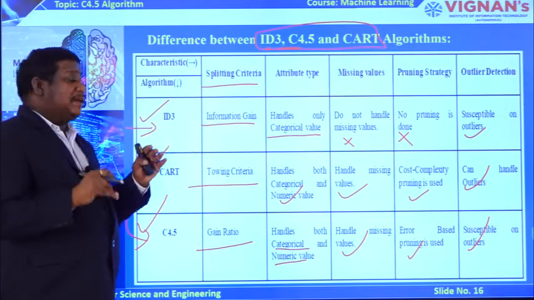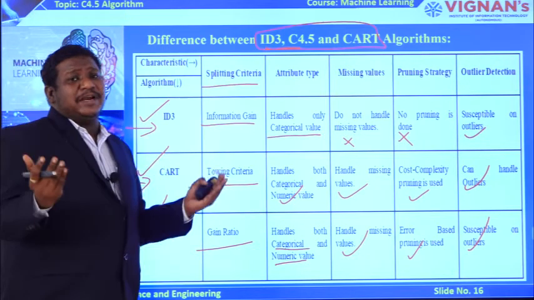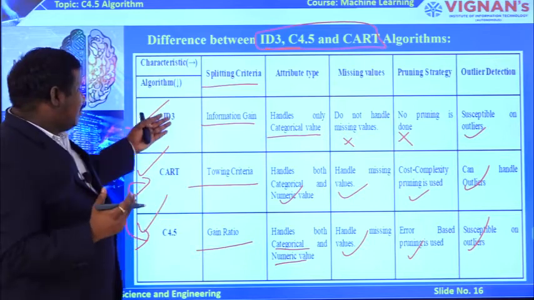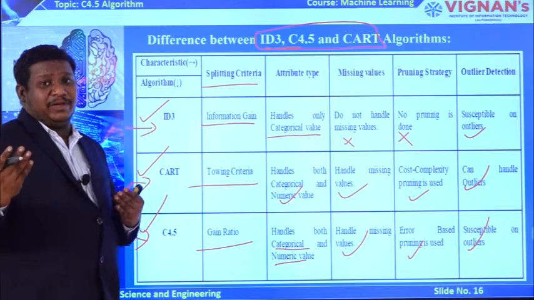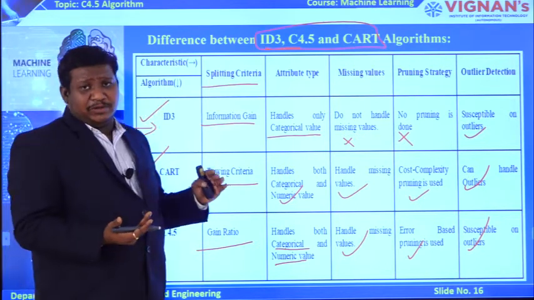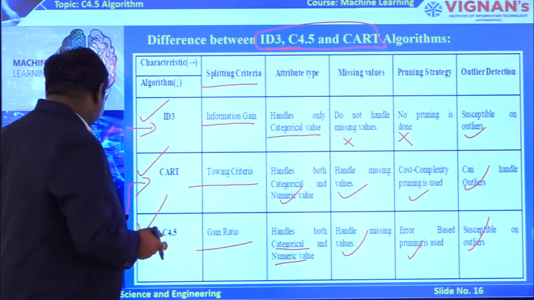But do not forget that these algorithms are best fit depending on actual conditions and real time scenarios. Based on the real time problems, sometimes ID3 may perform very well, sometimes CART or C4.5 may perform very well. We cannot say that every time this algorithm is poor and this algorithm is very good. So, it depends on the conditions and criteria.